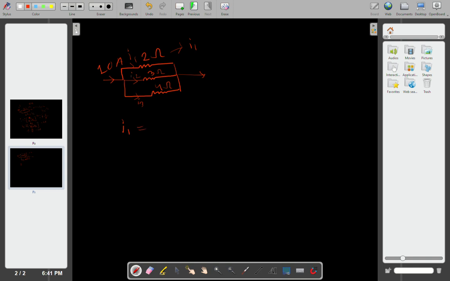Now I1 will be obviously the total current I, which is 10 here, and now here in the upper portion will be 1 by R1 divided by the summation of all resistors, 1 by R1 plus 1 by R2 plus 1 by R3. So here, okay, if we solve it, 10,